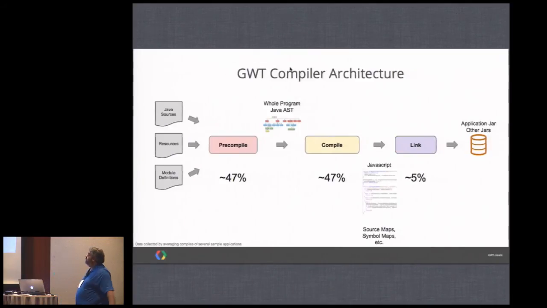So where is the time spent in a compile? This may vary depending on your application, but if you take a big application, basically link time is practically free. It's a very small percentage of the time, and most time is divided into compile and pre-compile. So if we want to make the compiler faster, we have to focus on the pre-compile and compile phases and make those faster. So let's say we went and profiled those passes on several applications,